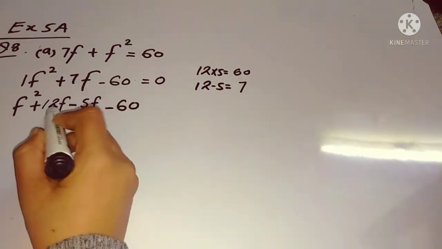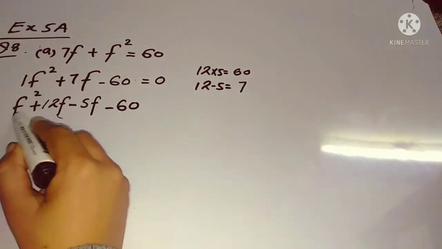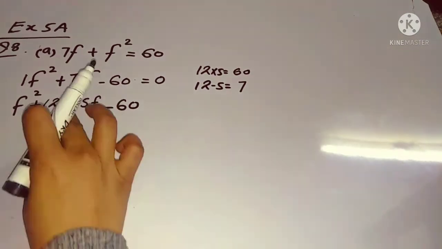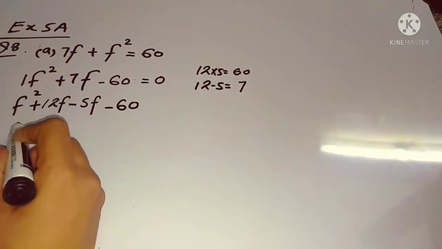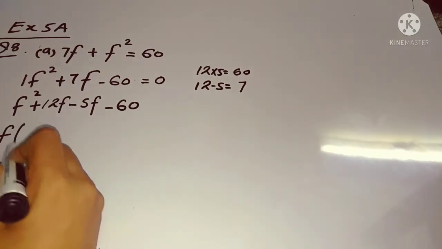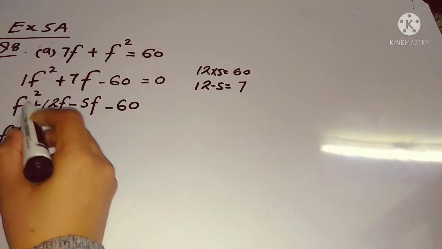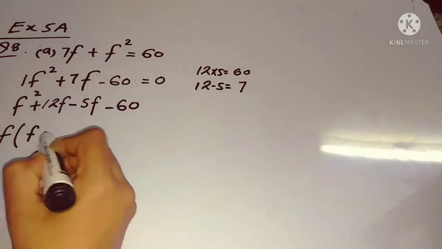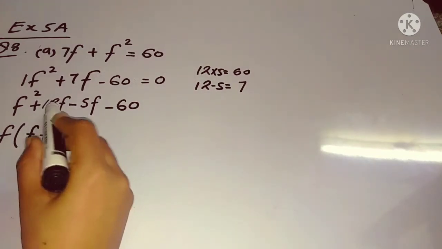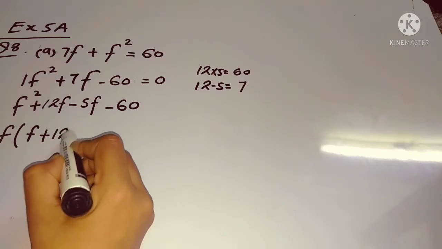Okay, so in place of the middle term, you have written those two factors and you have written the first and the last term as they are. Now, what's common from the first term? As you can see, f is common, so you can take f common. This is f square, you have taken f common, so 1 f is left. You have taken f common, so 12 is left over here. So you will write down 12.